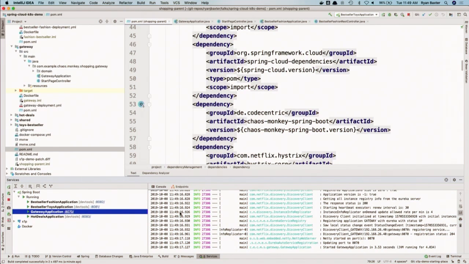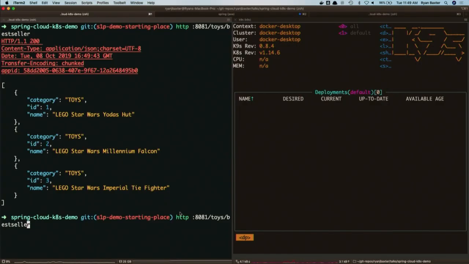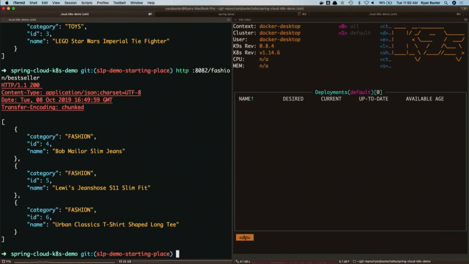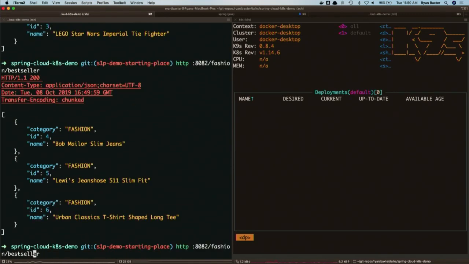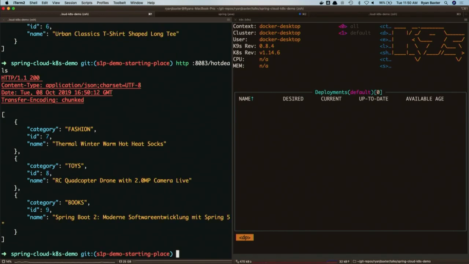The fashion service is 8082. So if we go to fashion/bestseller at 8082, same deal. And then the hot deal service, if you can see a pattern here in the port, is 8083. All right, so nothing fancy going on there.